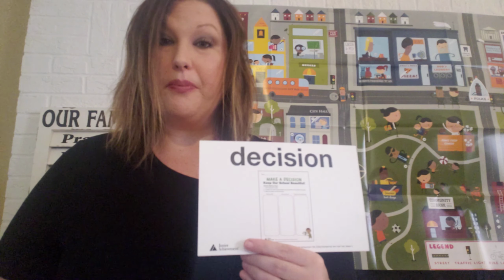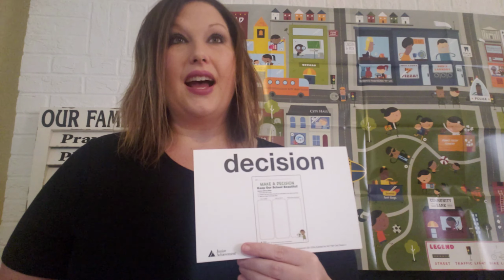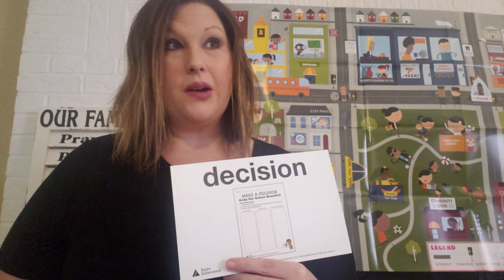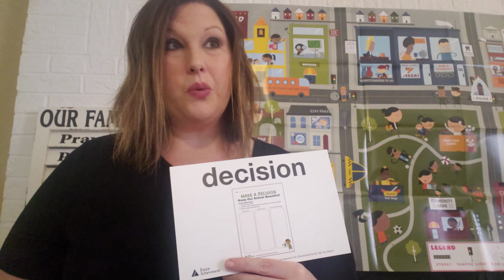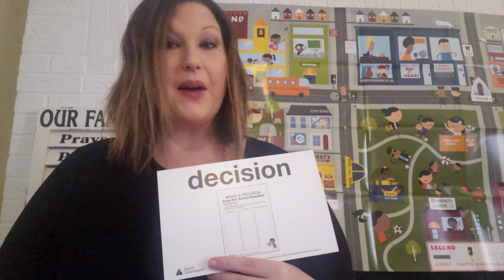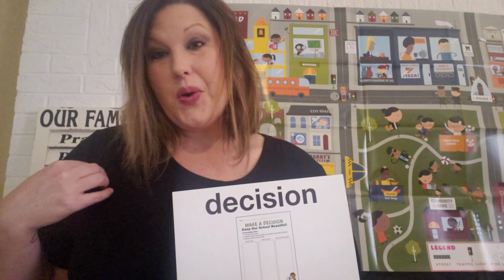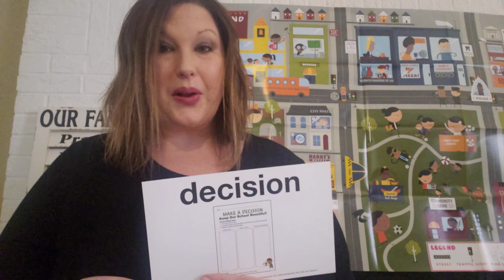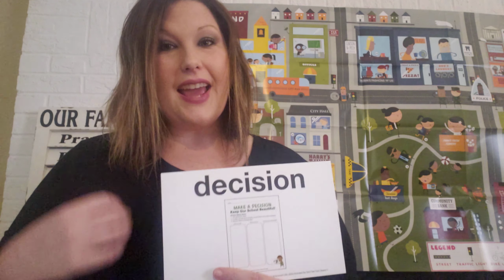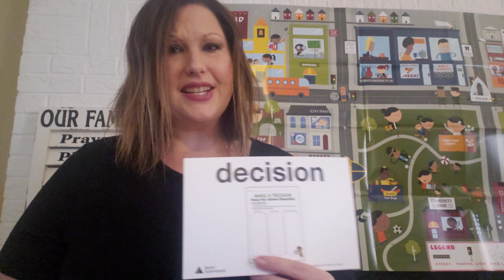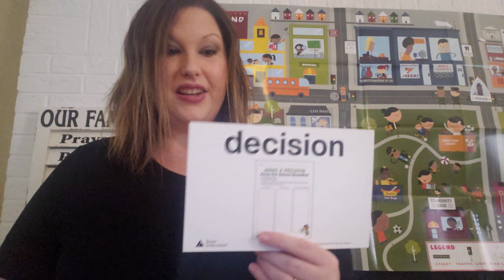I can tell you a couple of mine. So today I had to decide what I wanted for breakfast. Did I want oatmeal or did I want eggs and bacon? Well, I decided because I had the time that I would make myself some eggs and bacon. So that was what I had for breakfast. That was a decision. I also had to decide what I wore today. So I went to my closet, picked a couple of things, and then made a decision to wear this shirt. So there's a lot of things that you do every single day that involves making a decision or a choice.